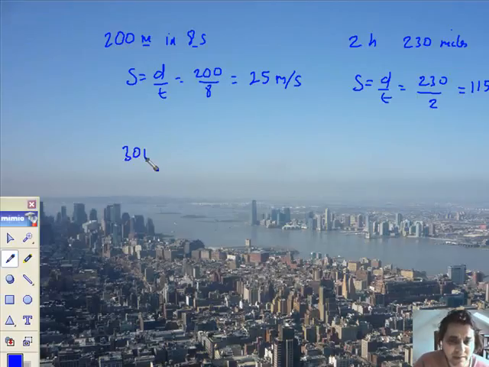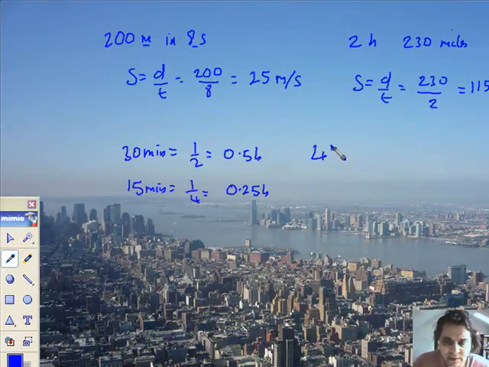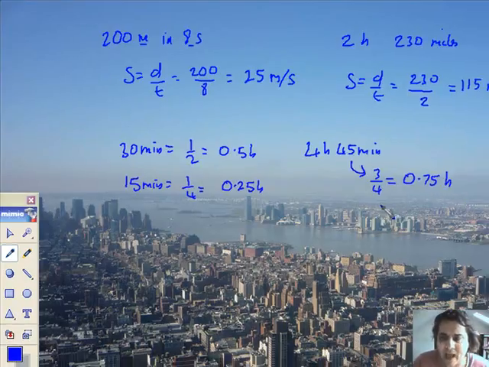Next one, express each of these times as a decimal fraction of an hour. Well, okay, you know 30 minutes is going to be half an hour straight away. In other words, 0.5 of an hour. Alright, 15 minutes, I may as well do them all, there's only 3 of them. 15 minutes is a quarter of an hour, and a quarter is 0.25 hours. And the last one, which I will do, is 4 hours and 45 minutes. Well, 45 minutes is 3/4 of an hour, and 3/4 of an hour is 0.75 hours, isn't it? So altogether we have